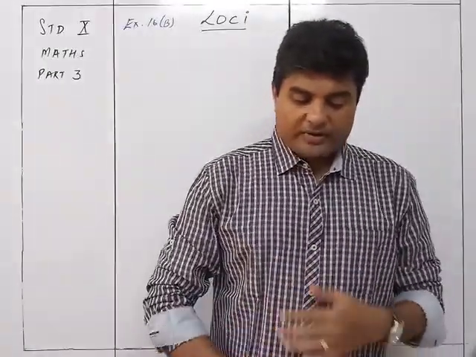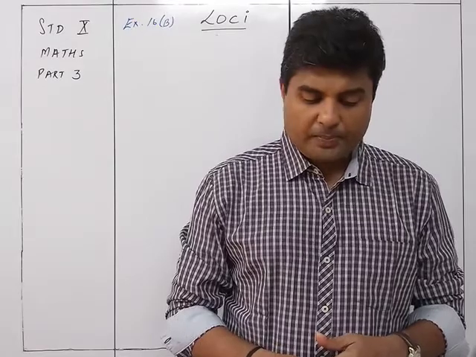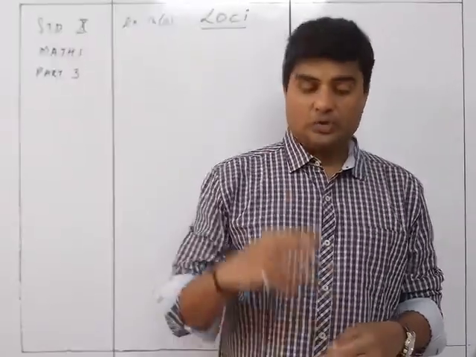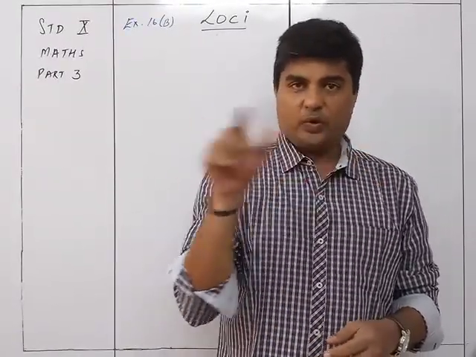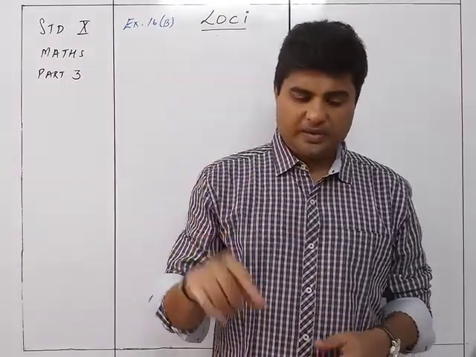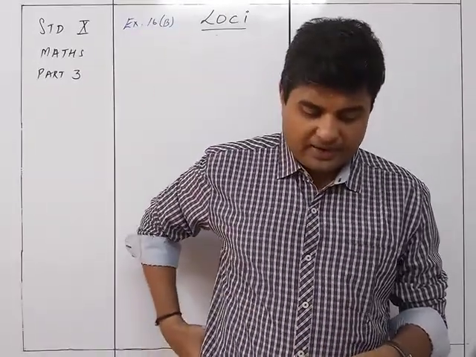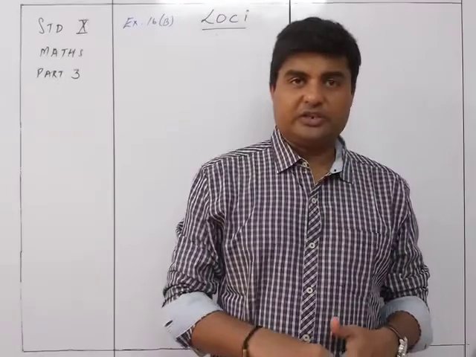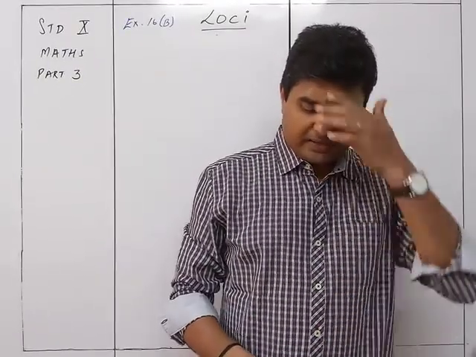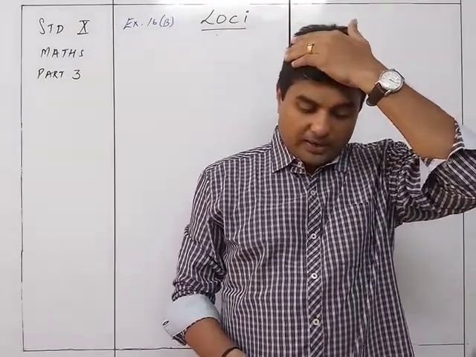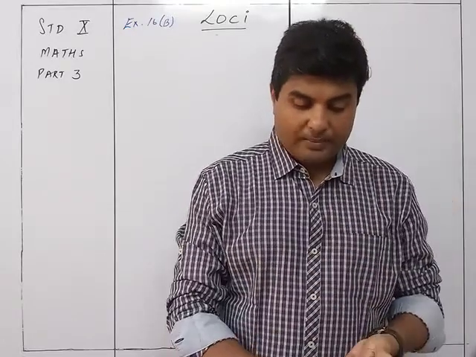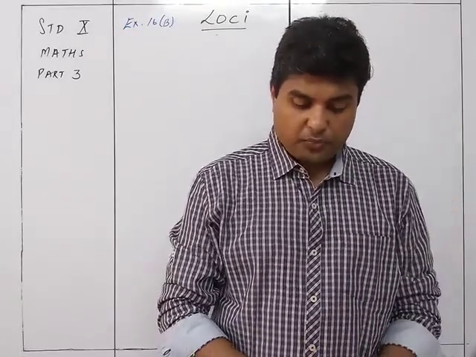The locus of a point which remains equidistant from two given parallel lines is the line parallel to the given lines and midway between them. So midway between the two lines will be the one. So I am reading out the summary of 16.5, that is page number 239 of my textbook, the old textbook. I don't know about the new one, but it is the fourth point.